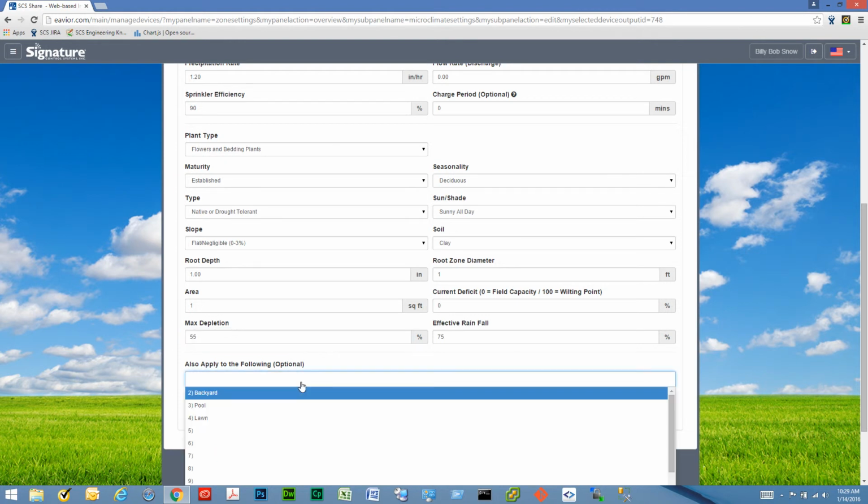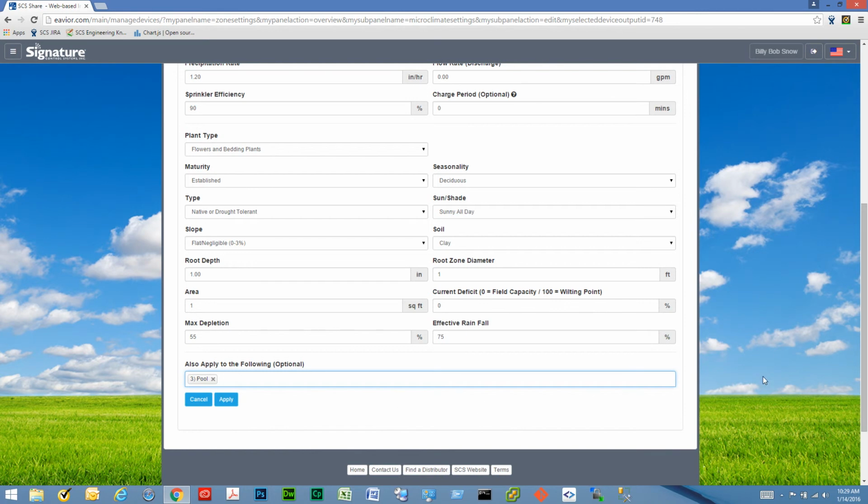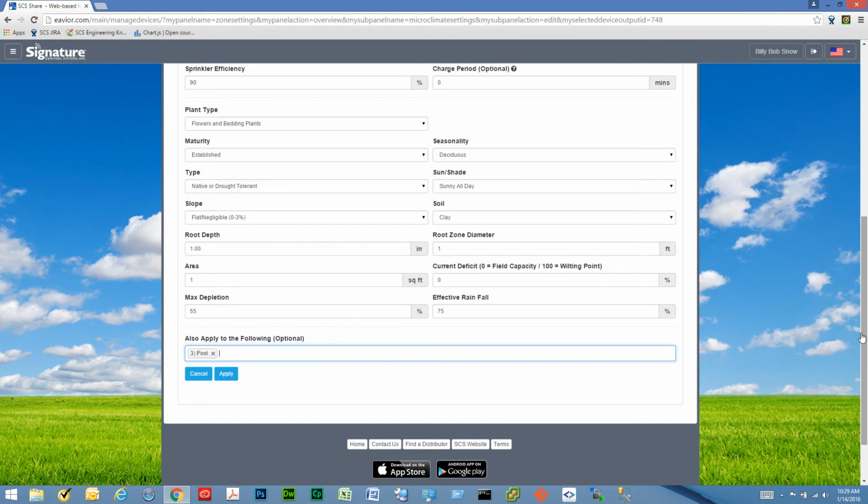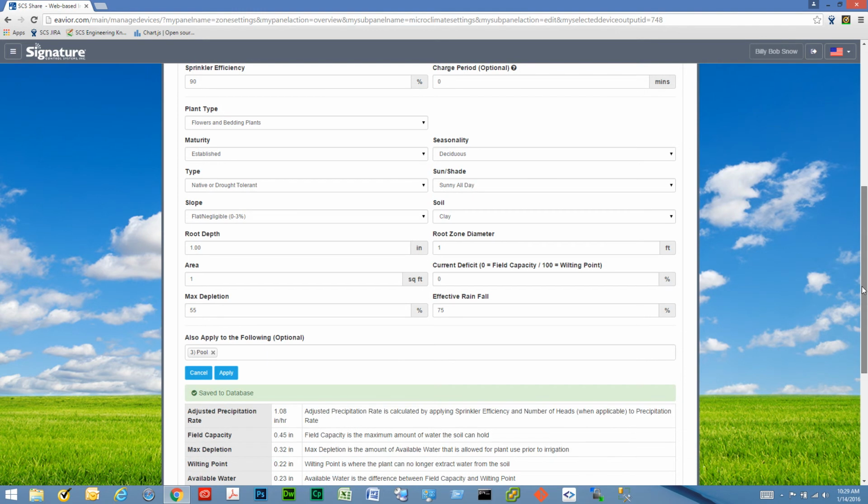And one new feature in Share is you can apply your settings to multiple zones at the same time. So this can be used as a shortcut to save time and not have to go through the setup of each zone one by one. So with all of that, I'll click Apply, and it will give me a confirmation that it